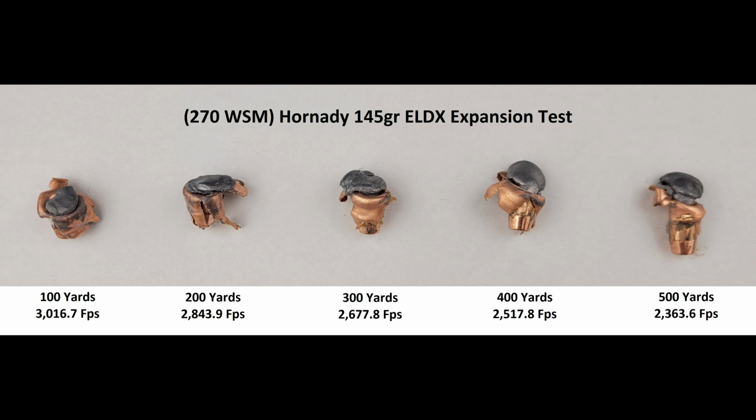This was our 4th test with Hornady's ELDX. We'll be testing it once more as part of our 5 cartridge review on it,